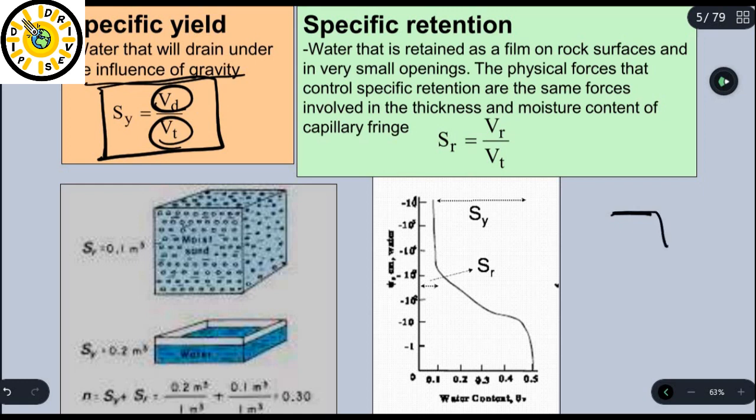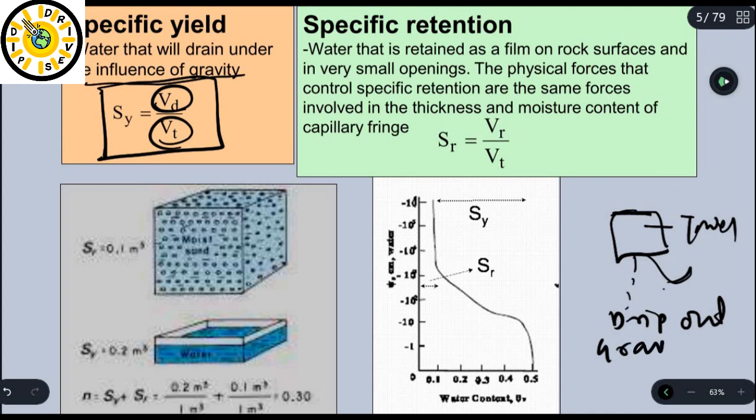Suppose this is a wet towel. When you squeeze it, some of the water will drip out of this towel automatically and naturally. That is called the... due to gravity the water came out, and the amount of water that is drained is the volume of drained water. Or you can say that will be the drainage due to